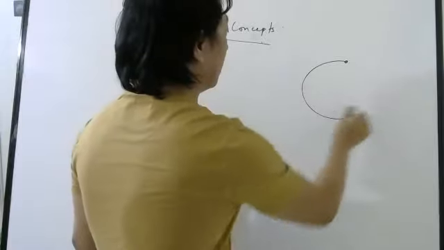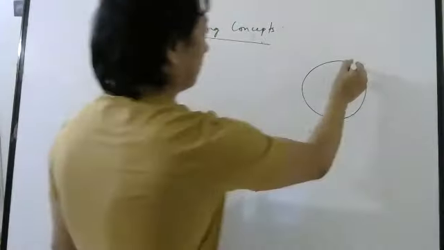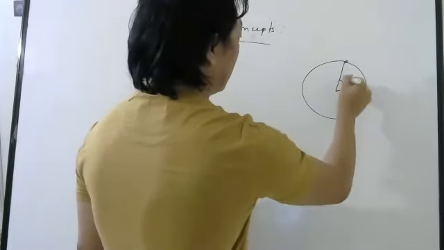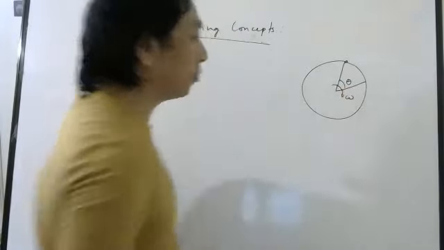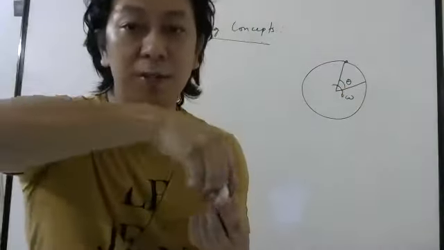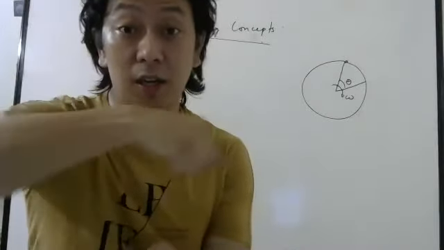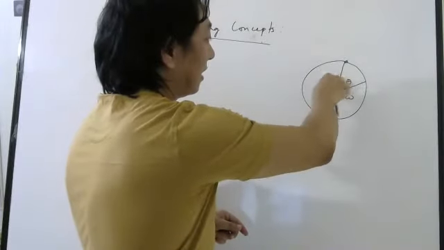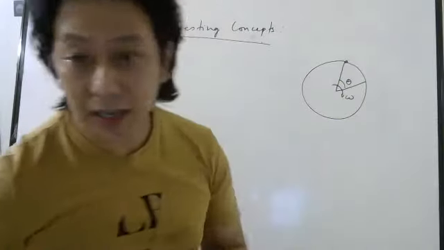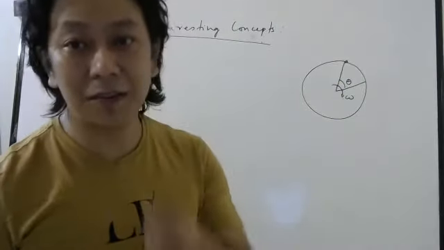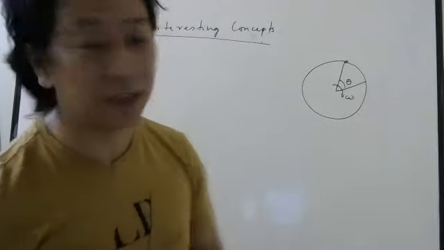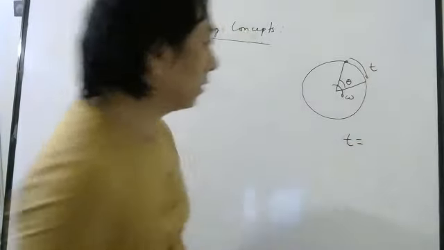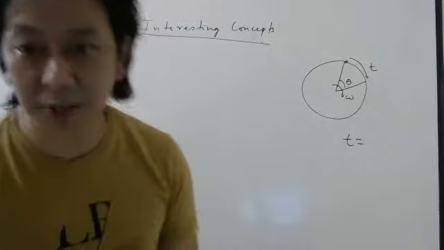If something is going in a circular path, and let's say this radius turns by some angle theta as it rotates with angular speed omega. So omega is the angular speed. As long as it is uniform motion, angular speed and angular frequency are same only. So as this particle goes like this and like this, it covers some angle in some time. Right? Angle covered by time taken is called angular speed. So what would be the time taken from here to here? If I give you the angle and the angular speed, what will be the time taken?